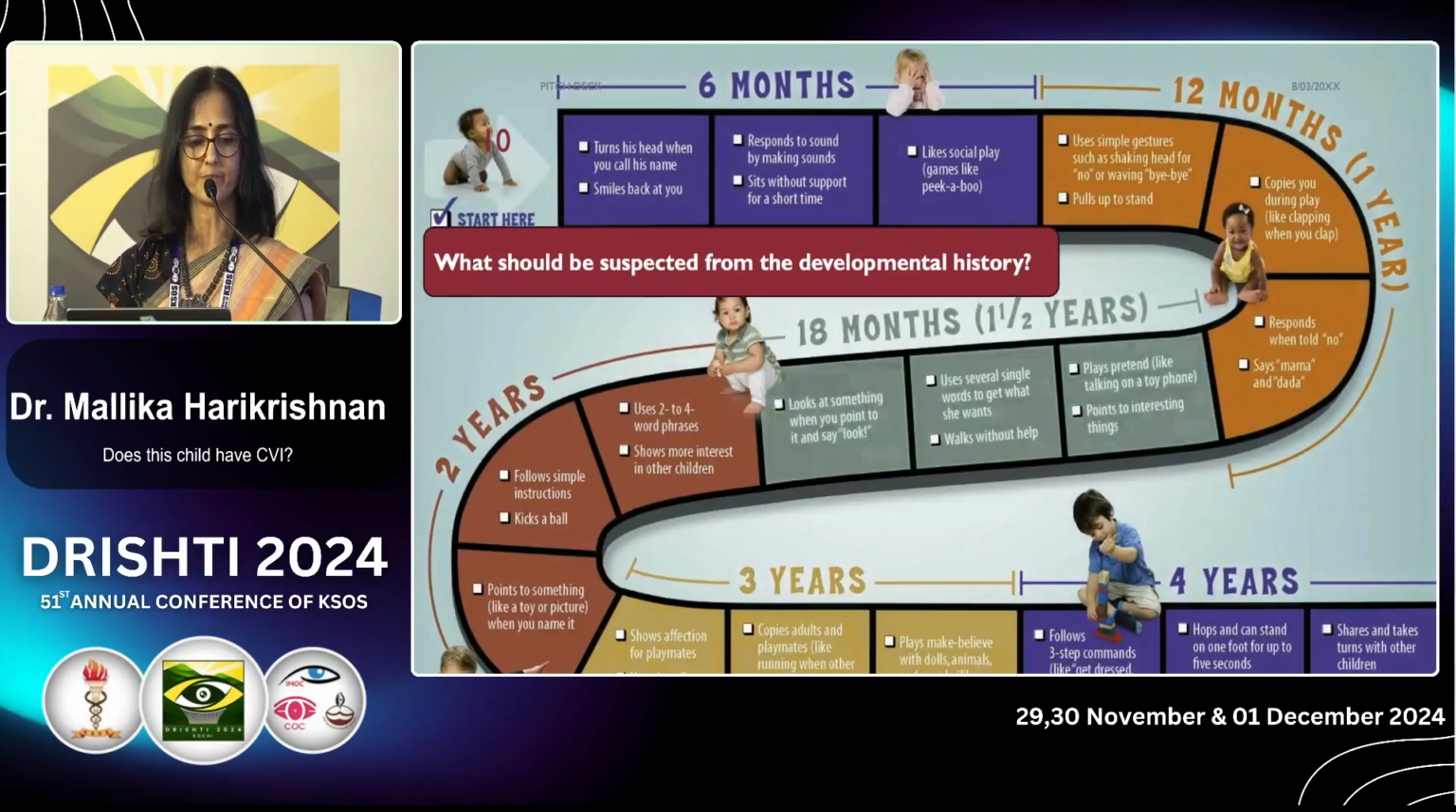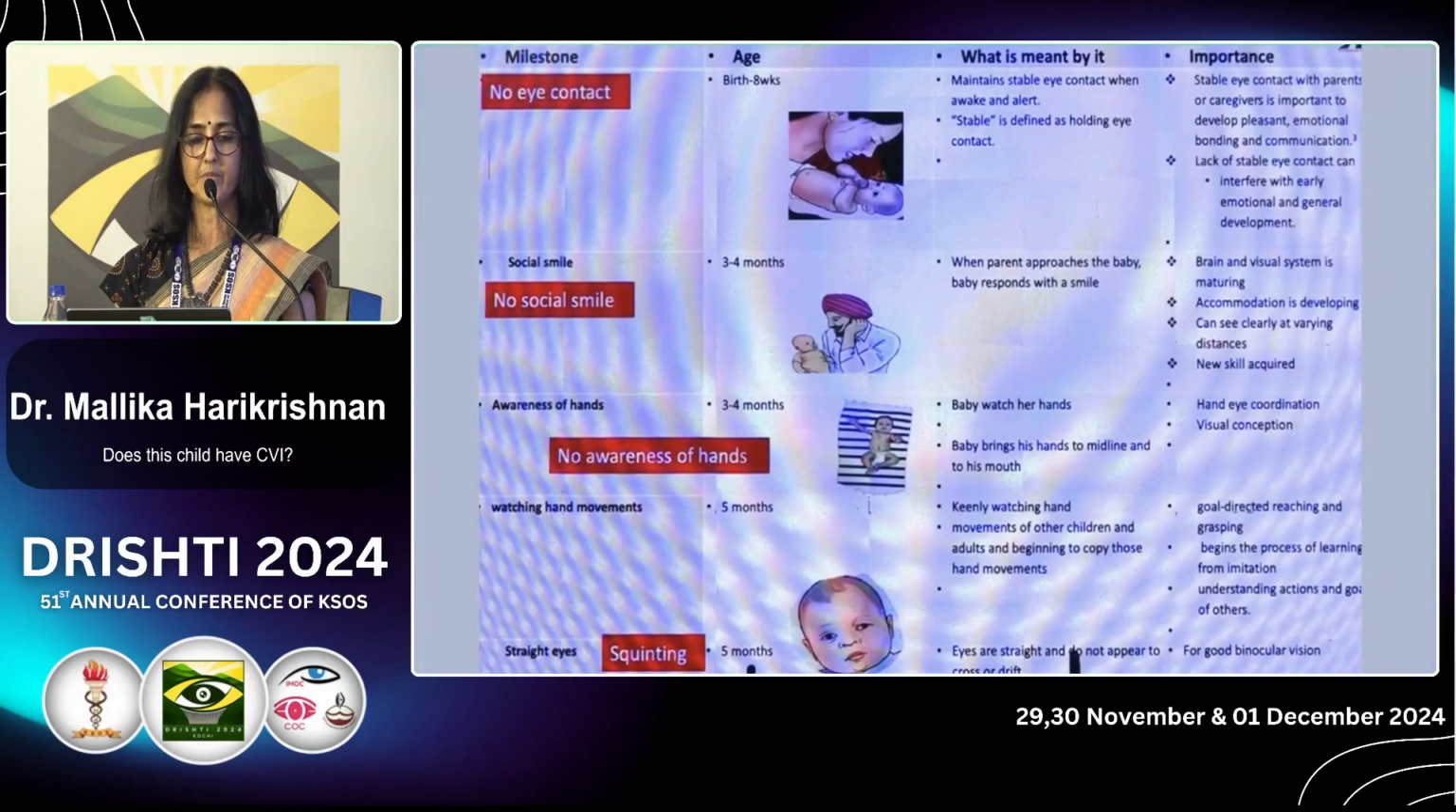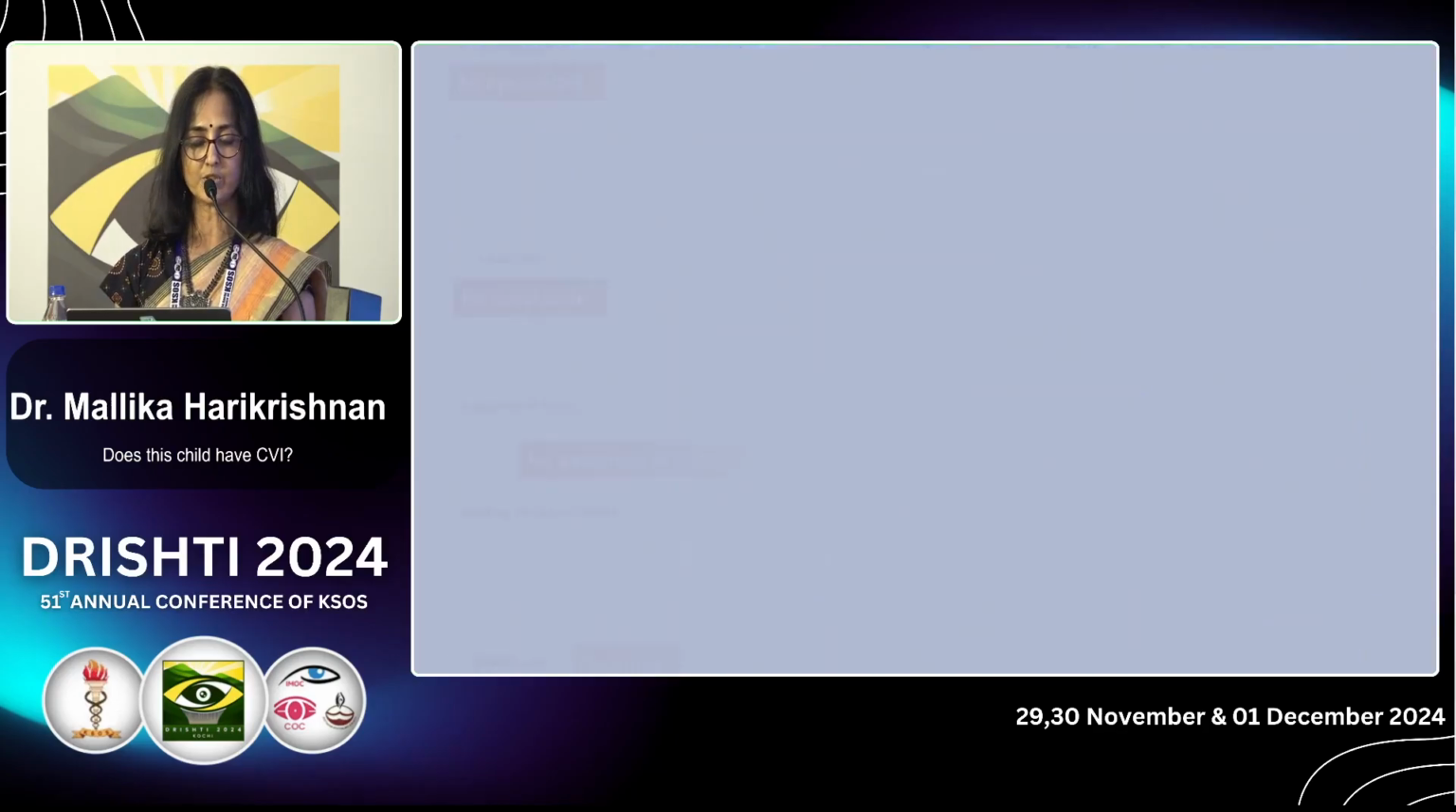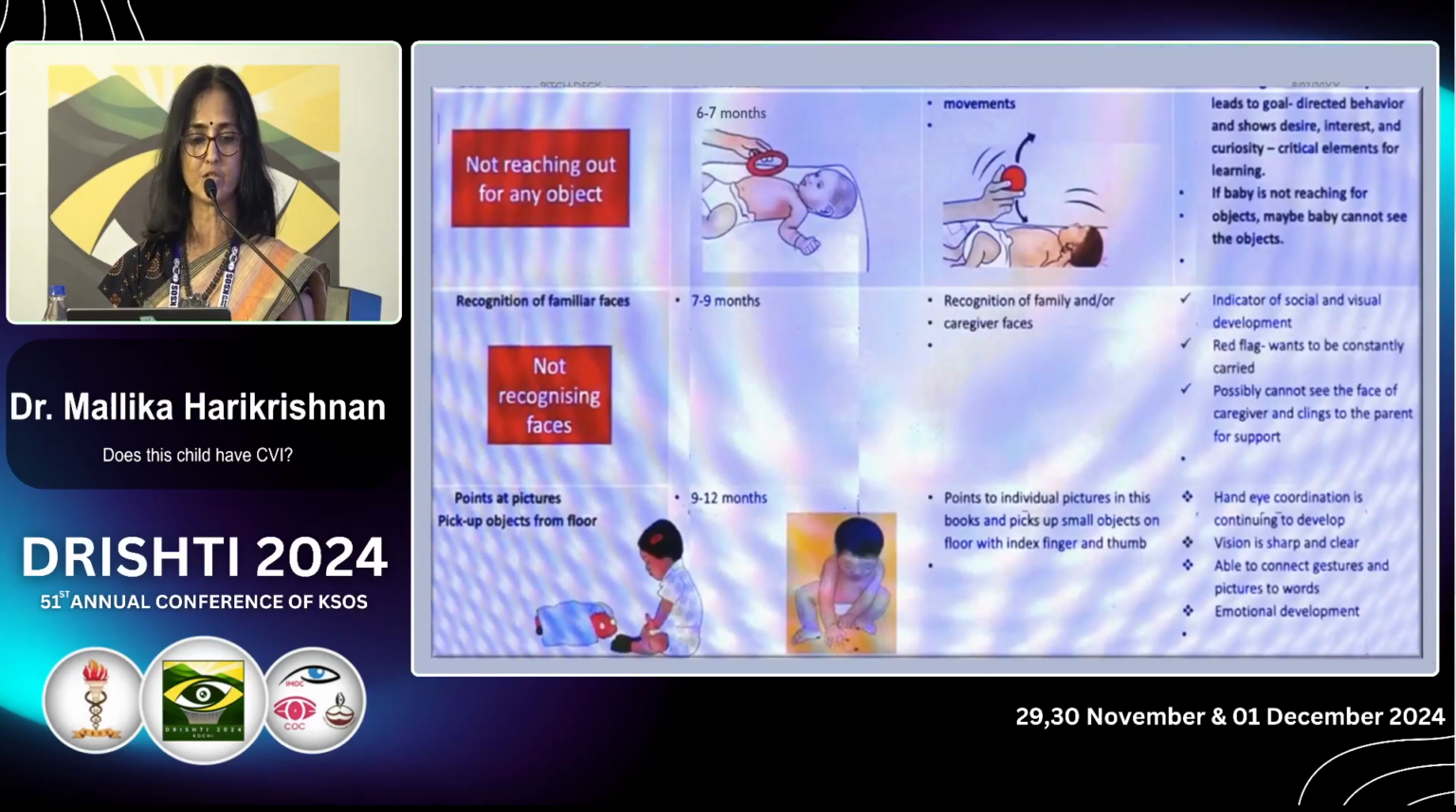So what next? What should be the suspected form of developmental history in them? If a child comes to you by 8 weeks with no eye contact, or 3 to 4 months with no social smile, by 3 to 4 months with no awareness of hands, by 5 months there is no watching of hand movements or any squinting, by 6 to 7 months there is no reaching out for any object, not recognizing faces by 7 to 9 months, by 9 to 12 months he doesn't point at pictures or pick up objects